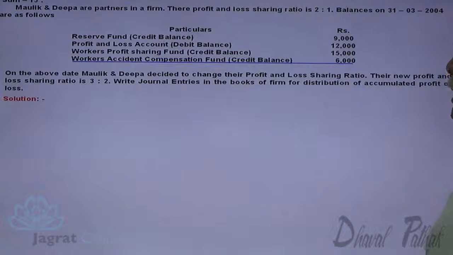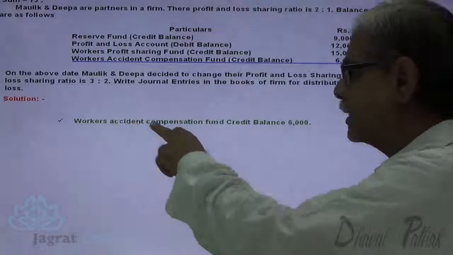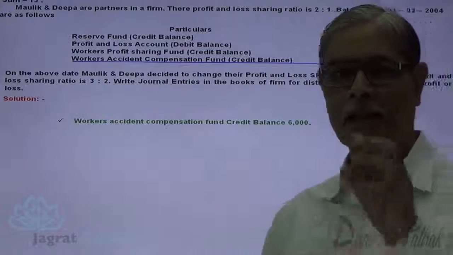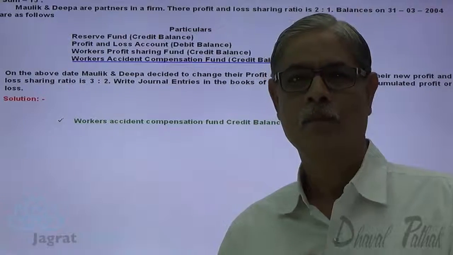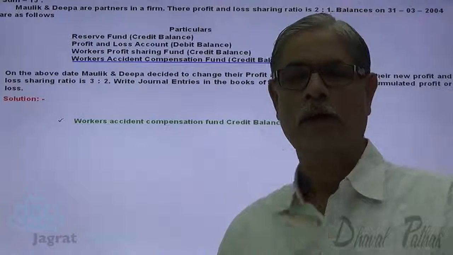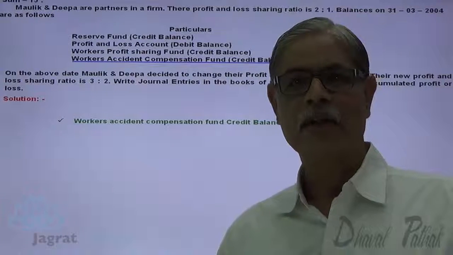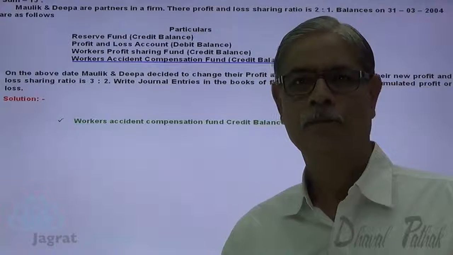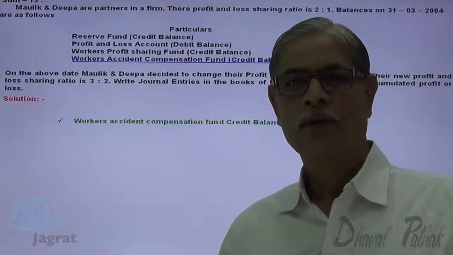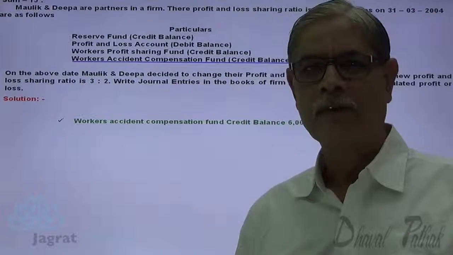Workers accident compensation fund credit balance 6,000. Workers accident compensation fund credit balance 6,000 implies that profit is appropriated to meet the loss on account of compensation to be paid to a worker in the event of an accident. Now, this accumulated profit,